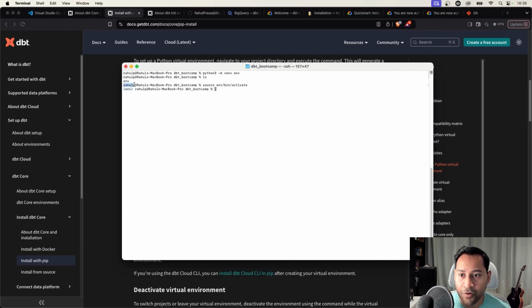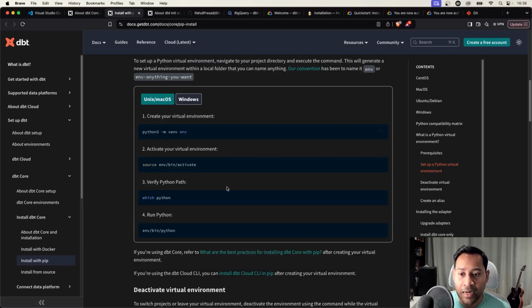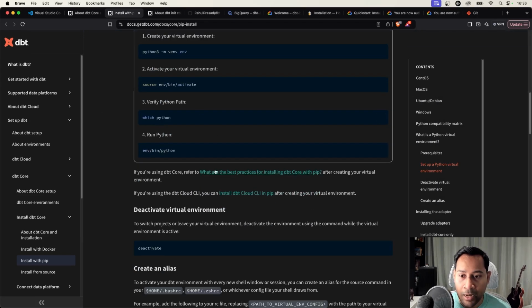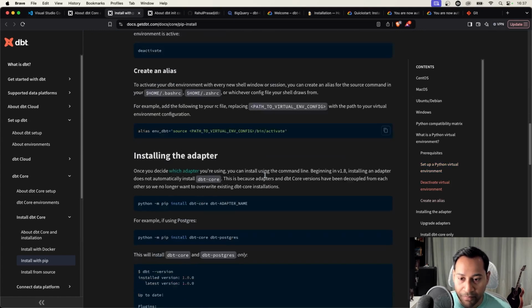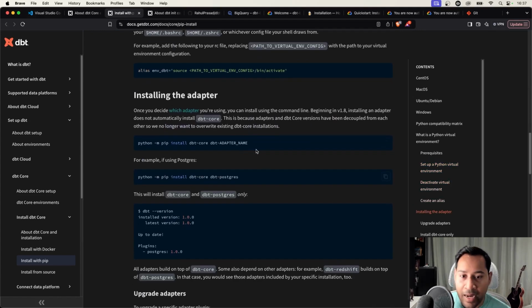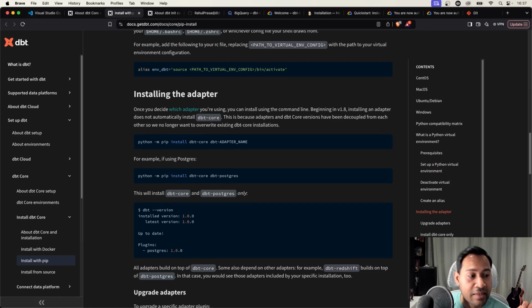It wasn't here before, but once we activated it, the terminal is telling us that we can now communicate with and use the virtual environment that we just created. Currently, within the virtual environment, we have nothing, right? It just has the basic Python stuff,